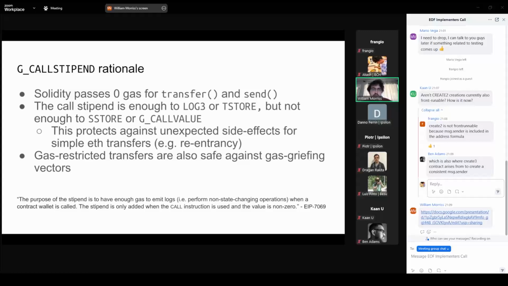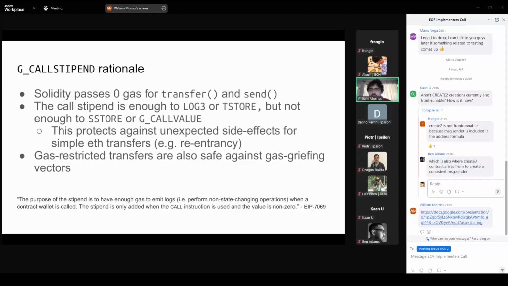So in Solidity, they pass 0 gas in transfer and send. These are basic ways to transfer Ether if you don't want them to gain full control of the execution context. So this stipend is enough for log and T-store, but it's not enough for S-store or G-call value.